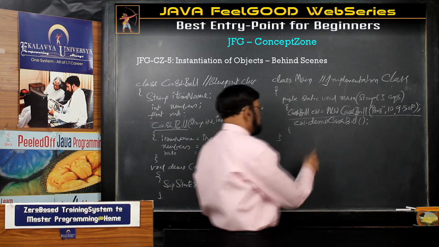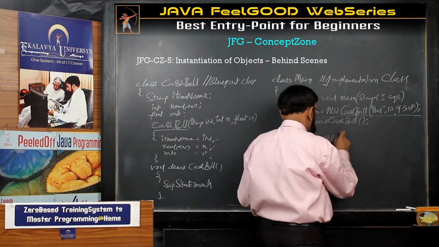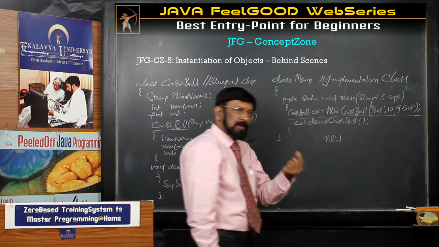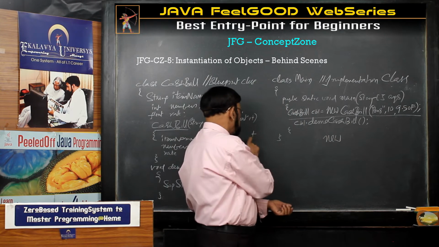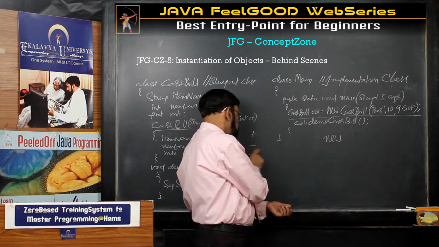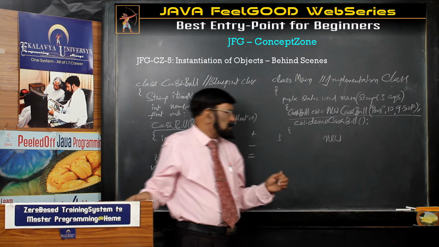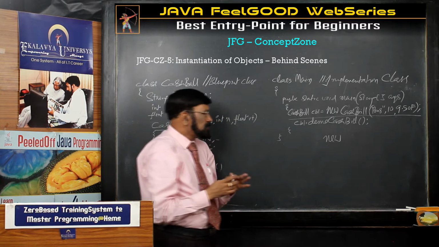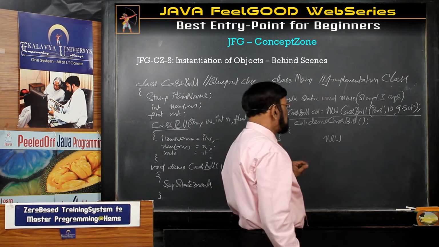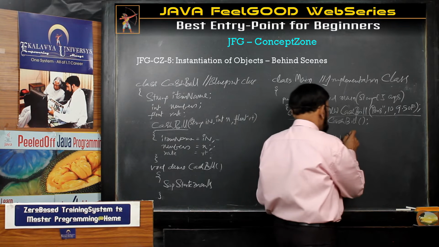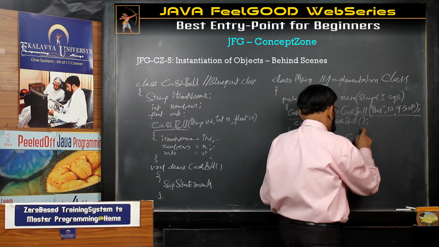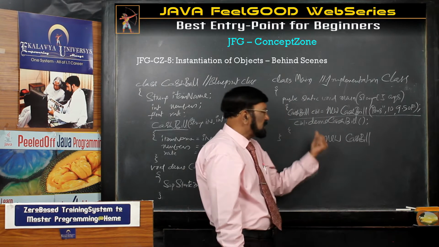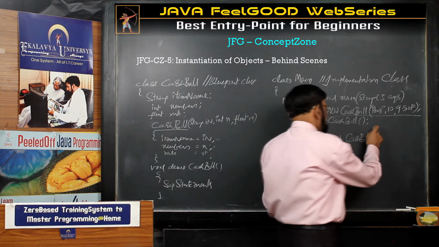Now what happens? new is a very important operator. Operator means don't expect it to be a symbol like plus, minus, is equal to and all that. It is a Java operator. It performs three jobs. What are the three jobs? I explain. First, it calls the constructor. Calls the constructor means what I told you: a constructor is nothing but a standard method. It calls the constructor, and